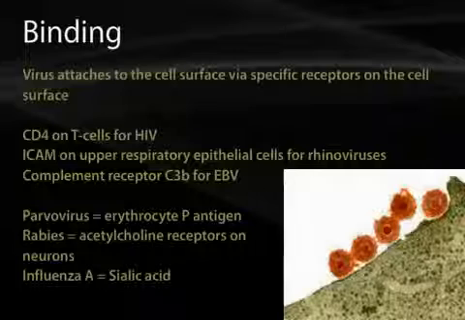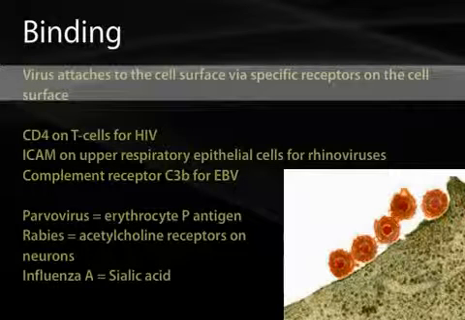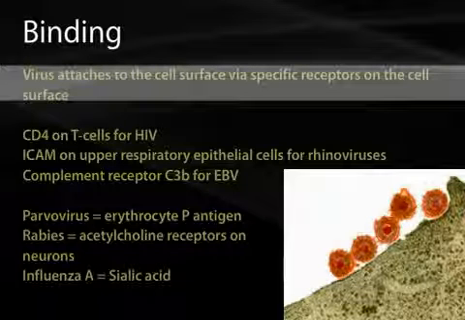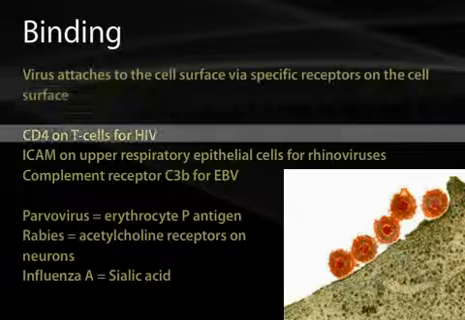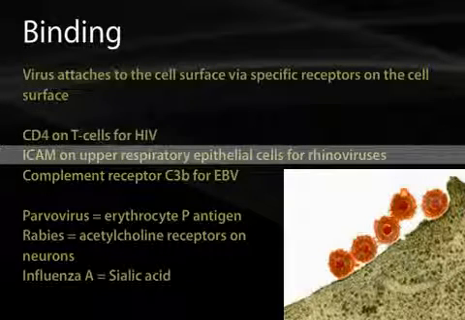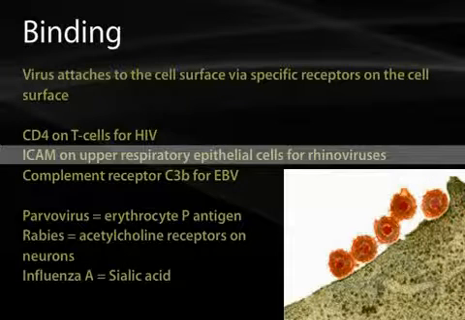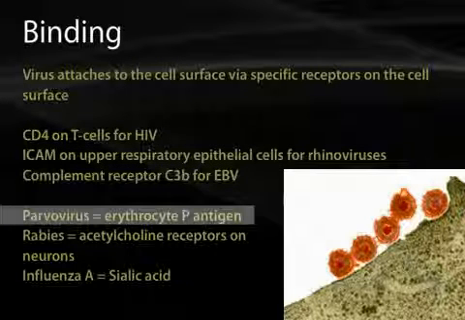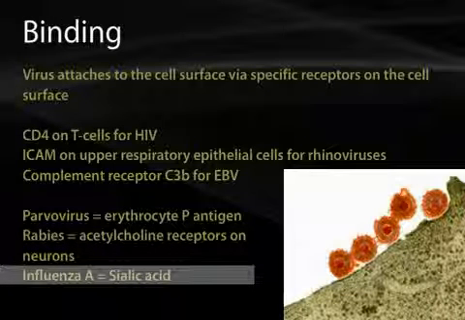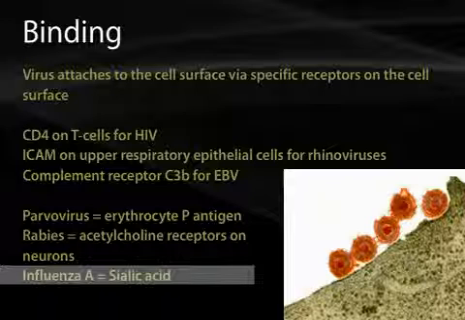Binding. For a virus to attack us, it has to be able to attach to our cell surface. And viruses have specific receptors on their surfaces which target them to their host tissue. CD4 is found on T cells for HIV infection. ICAM is found on upper respiratory epithelial cells for rhinoviruses. Parvovirus targets the erythrocyte P antigen, and influenza A binds to sialic acid. The presence or absence of receptors gives you your tissue tropism, which is why each virus attacks its own particular